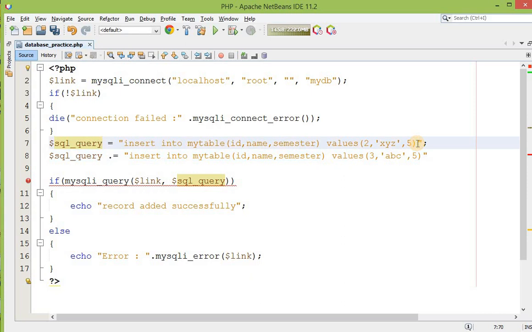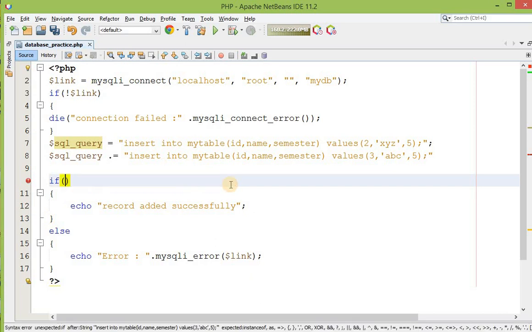Now over here in SQL syntax, if you are executing a single line query, then it's okay, you can omit the semicolon. But if you are executing multiple insert queries, then you have to put a semicolon over here. There is also a change in this function. What is the change?